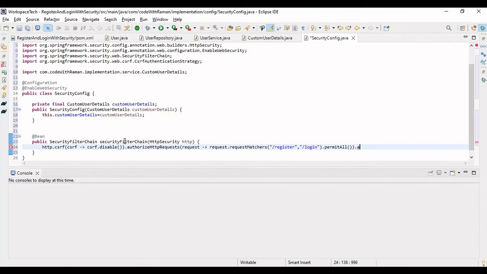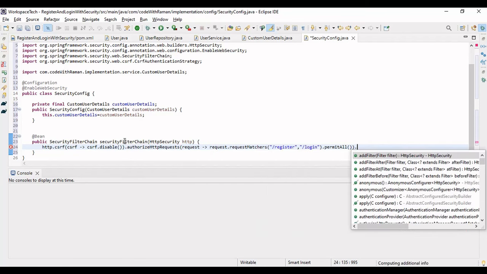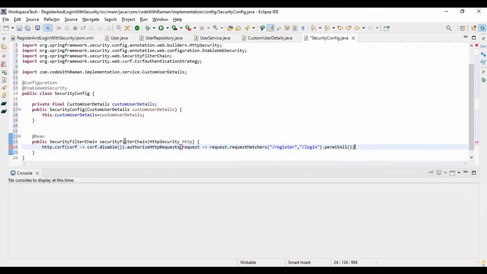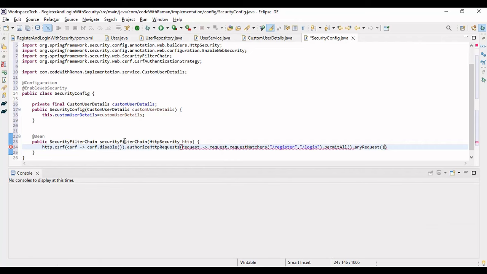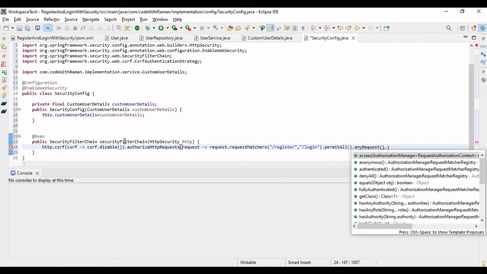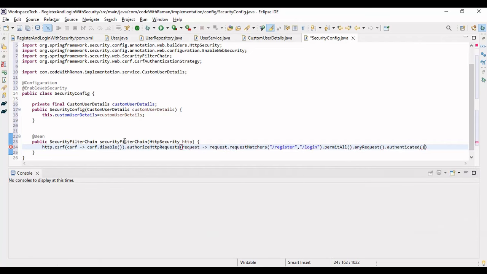Any other request, I'll say any request dot authenticate, right? Any other request other than this we need to authenticate, right? So any other request other than this we have to authenticate, right? So now